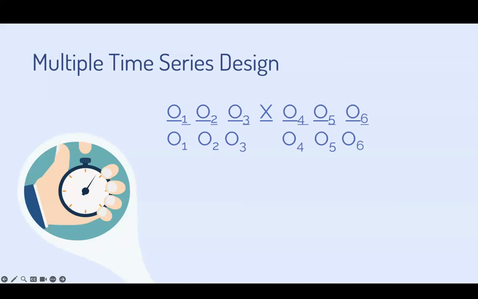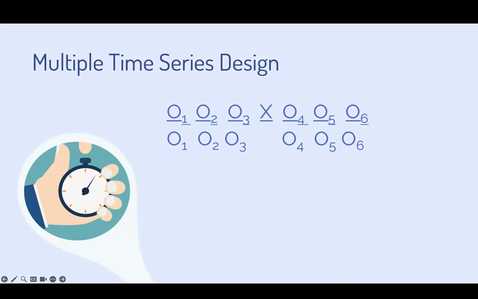And the multiple time series design. So this approach, similar to time series design, is a significant enhancement of the simple time series design we just talked about because it adds a comparison group, the second row, thereby increasing the robustness of our conclusions. So in this design, you can tell the second row has no intervention introduced. Otherwise they're the same. For the first row and second row, we have both